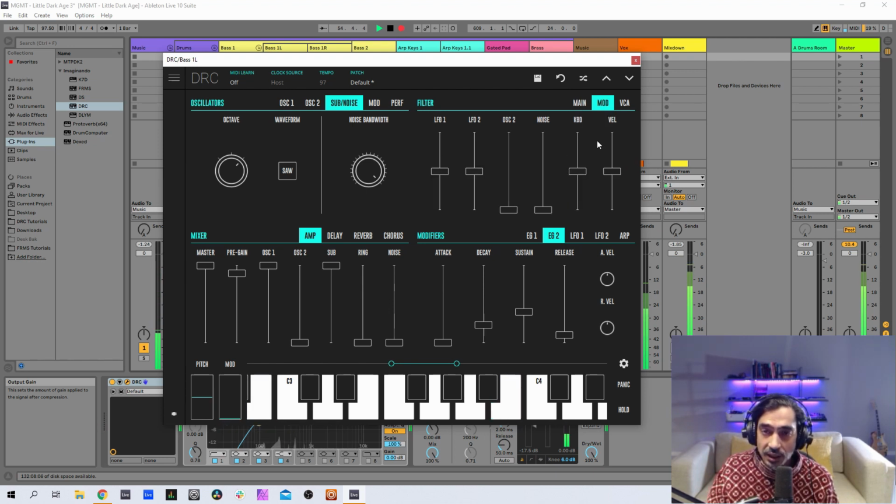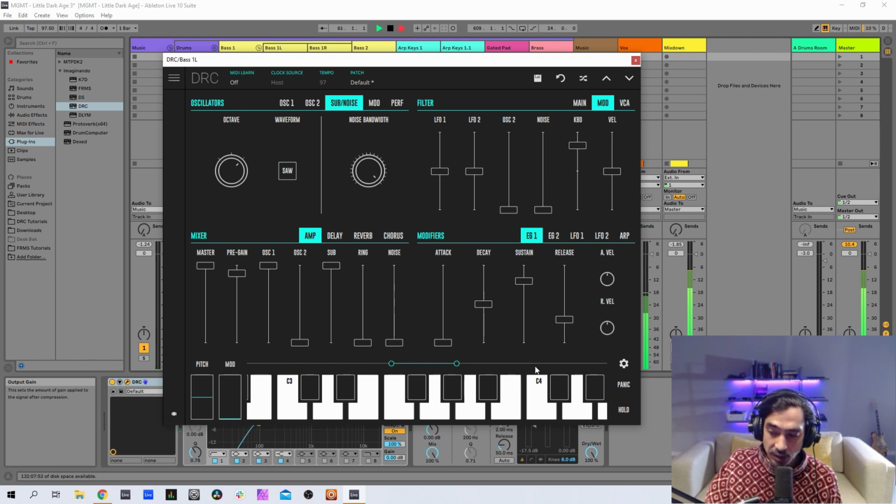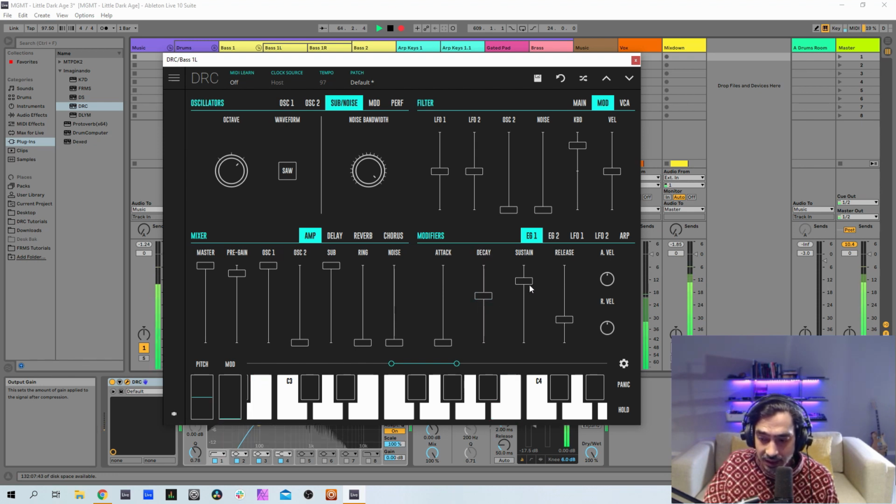And now we go to the modulation page of the cutoff, and we're going to raise the keyboard to 673. This means the higher the note, the higher the cutoff. Now for the first envelope generator, the one that modulates the amplitude, we've got zero attack, a decay of 608, sustain of 712, and a release of 300.